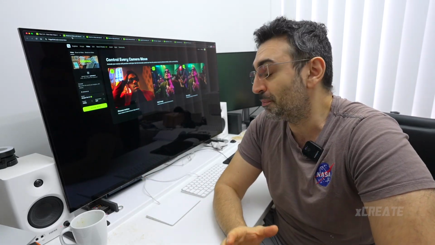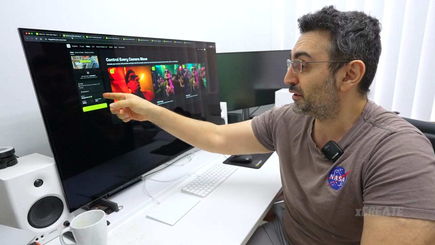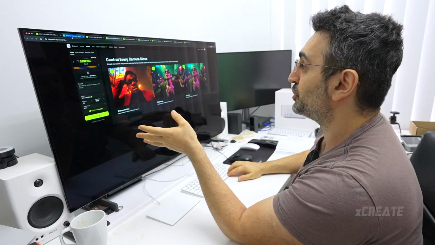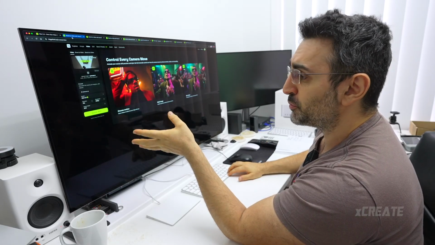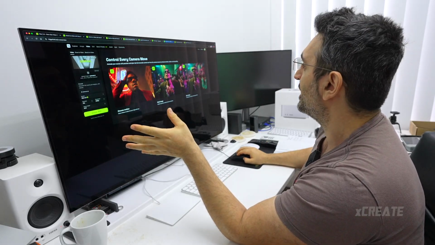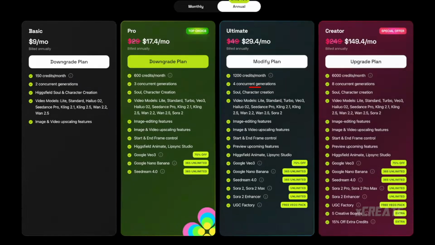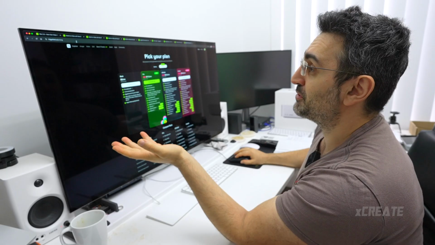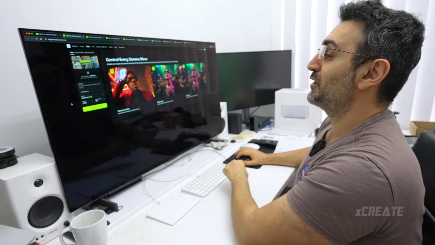But now it's time to do some prompting. We're gonna make some videos. I've got VEO 3.1 selected, but I'm also gonna be doing comparisons with Sora 2 and Wan 2.5 on the maximum settings. With my subscription, I can get 4 concurrent generations. So that means I can pretty much run them being generated at the same time. So let's go ahead and do this, VEO 3.1.